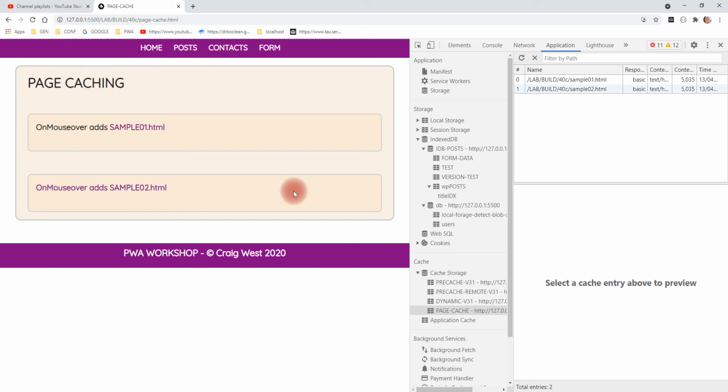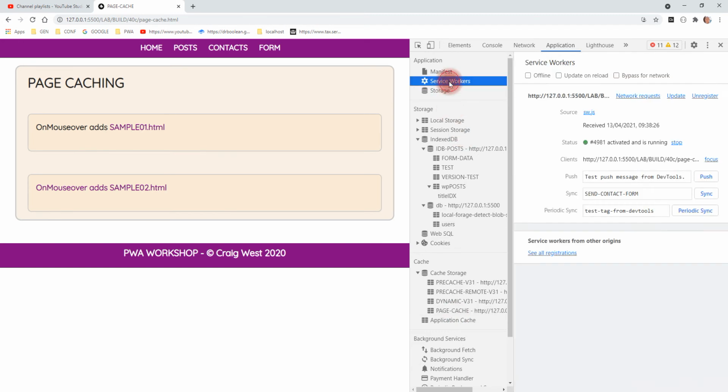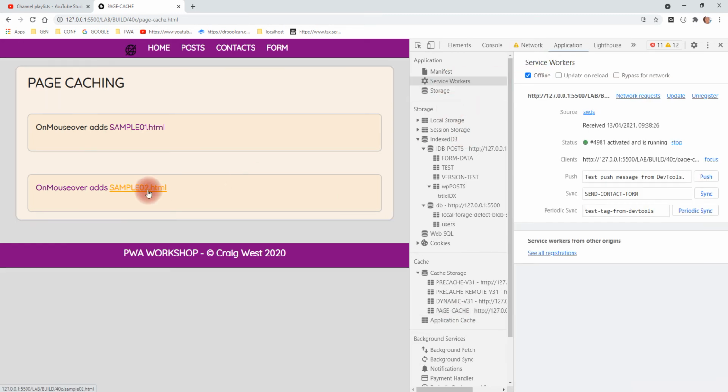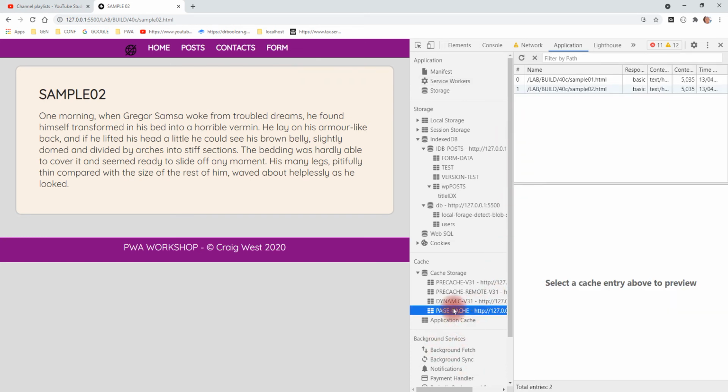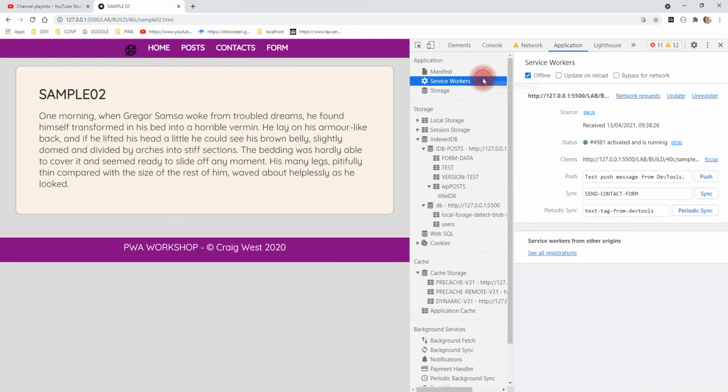Now these could be clicks, these could be mouse overs, any different, but this is how we can make intelligent pages, preload them. So for example, if I go offline and I try and click it, we get that page simply because we've stored it. If I come back here and delete this cache, go back online,